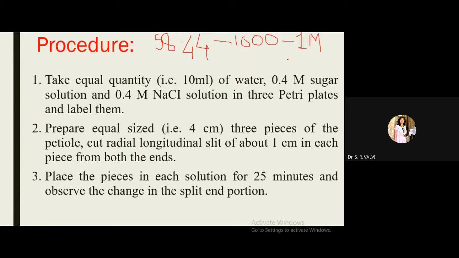Now here it is written 0.4. Suppose I take 0.1: you keep the same volume of water and divide the molecular weight by 10, so your result will be 5.844. When you multiply this 5.844 by 4, whatever your answer is, that is your 0.4 molar NaCl solution. Likewise, molar solutions are prepared in chemistry as well as in our botany practicals. So likewise you have to prepare the solutions.